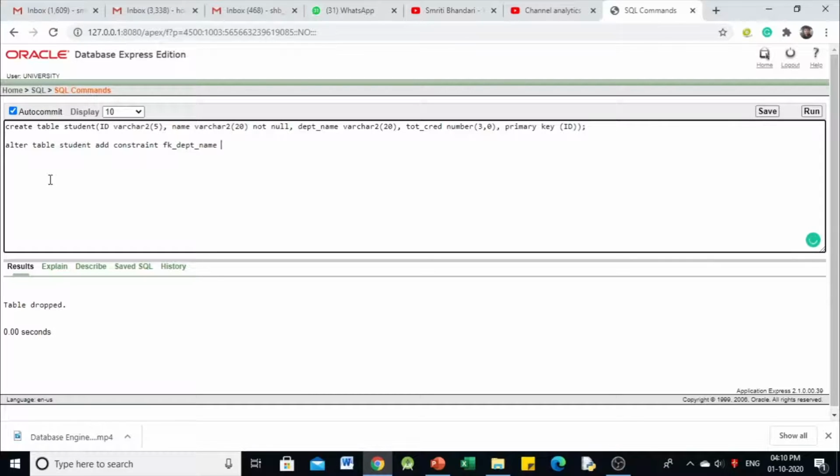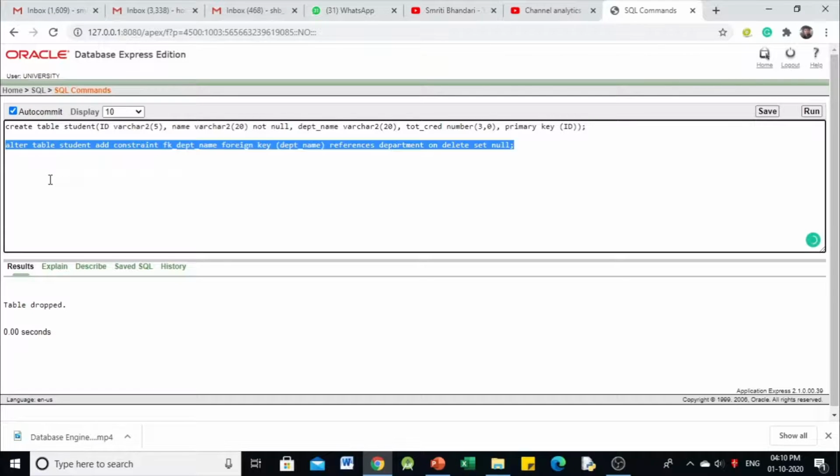And which constraint would we like to add? We want to add the foreign key constraint. So we write the statement foreign key in parenthesis department name references department, right, on delete set null.